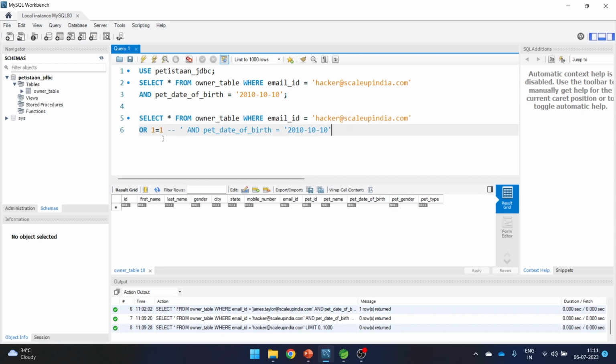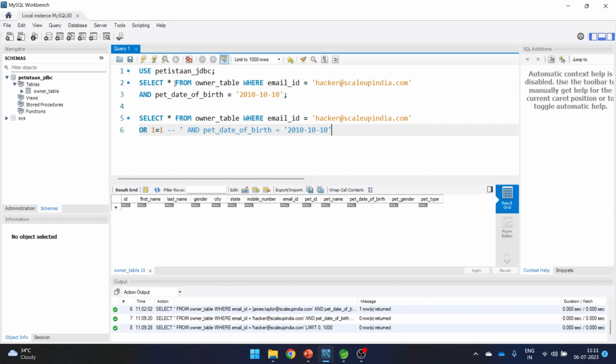So now this becomes a condition where email ID is something or 1 equals to 1. Now you know that 1 is always equivalent to 1 only, and hence this condition comes out to be true. And afterwards, what about this AND condition? So the hacker has commented this particular condition by saying here hyphen hyphen.